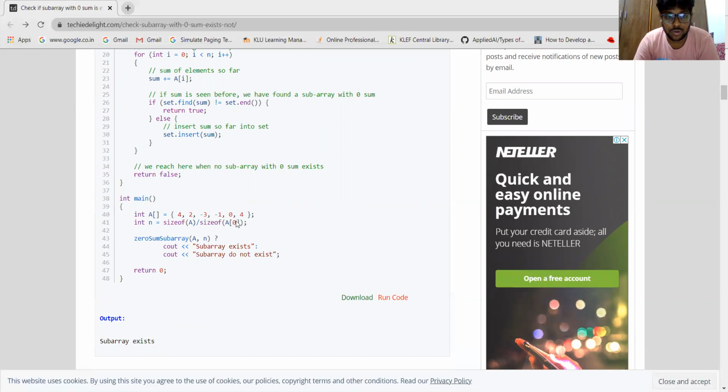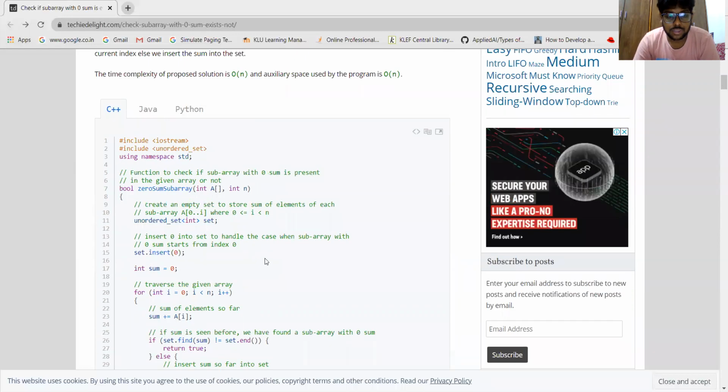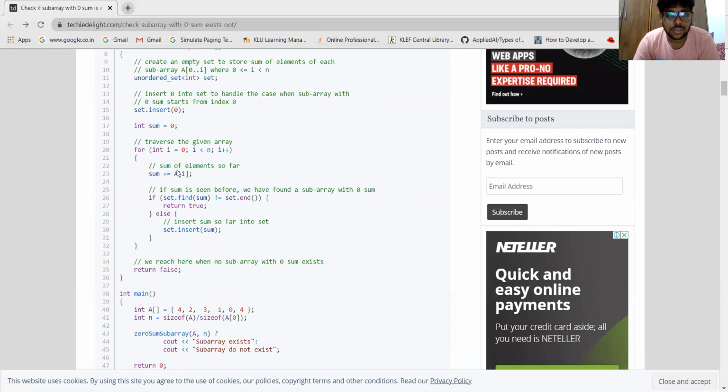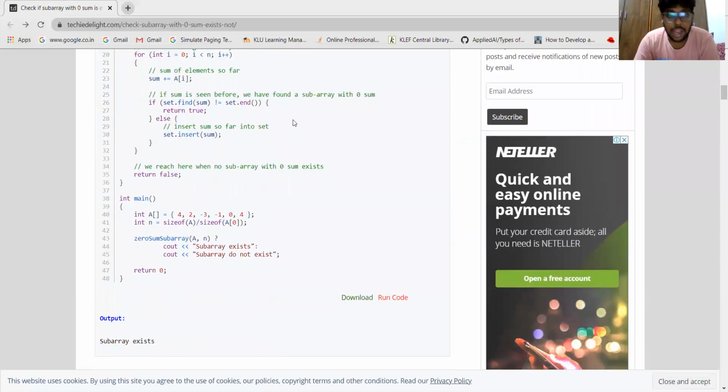So this is 0, 6. This 6 I'll maintain. This is the sum. If set.find(6) is not equal to set.end, that is, the 6 was seen before, I'll return true. Otherwise, I'll return false. If the sum is seen before, we have found a subarray. So this is a 6, then in the subarray the sum is found.